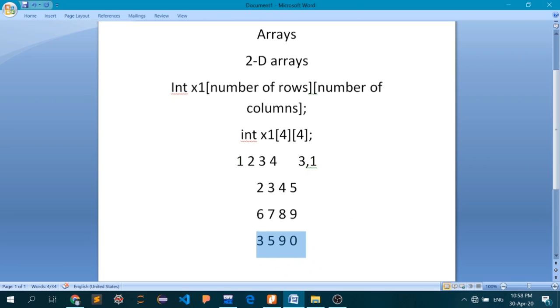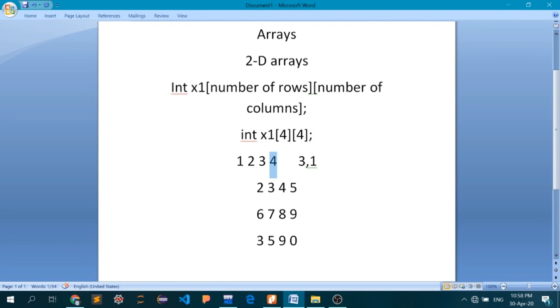First I'm going to initialize a for loop which will count the first row, and then inside that for loop I will initialize one more for loop, and that for loop will ask me the value of first row, first column, first row, second column, first row, third column, first row, fourth column entries.